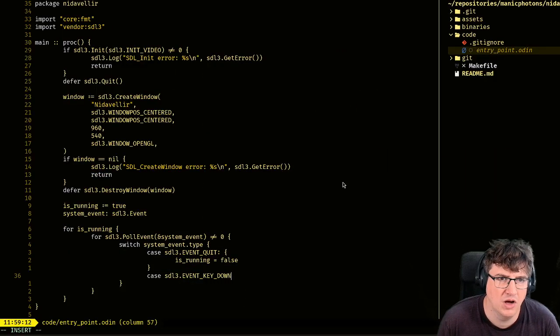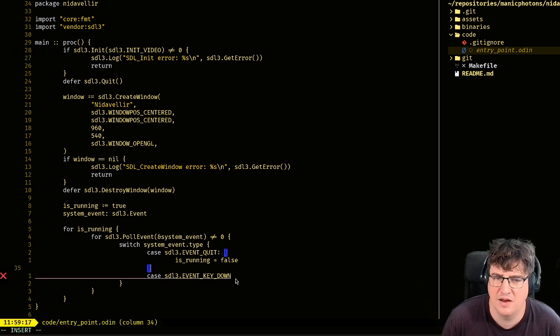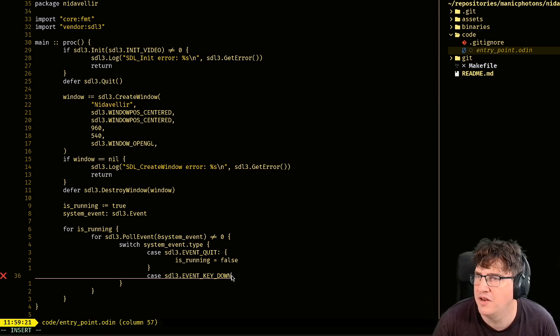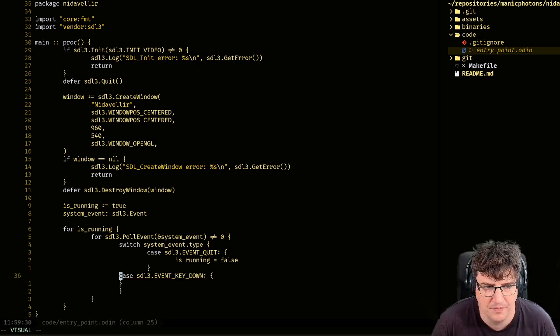Now, I'm not sure. Up here, I only initialized video. I may need to initialize event handling up there. I can't remember if that was detailed in the documentation for SDL3 that I was looking at just now. So I will probably need to come back to that very soon.